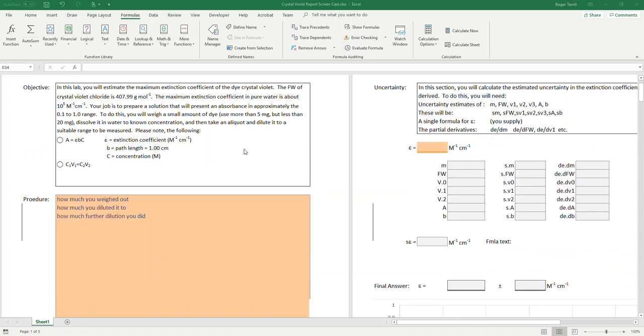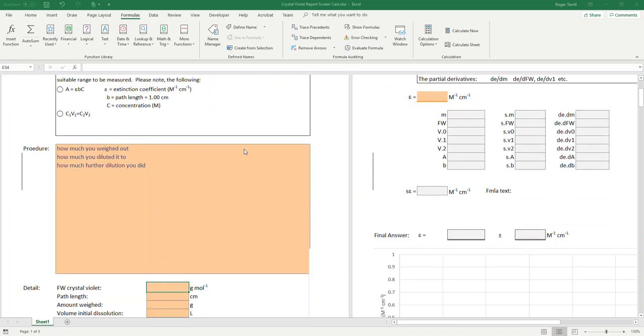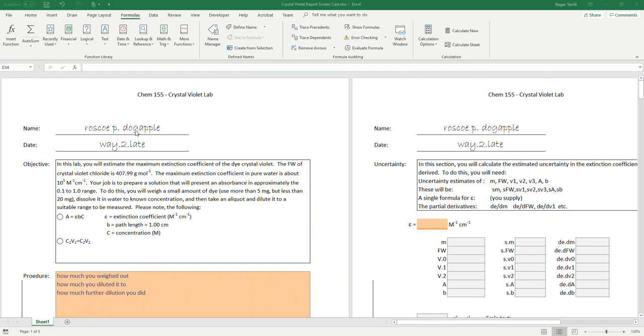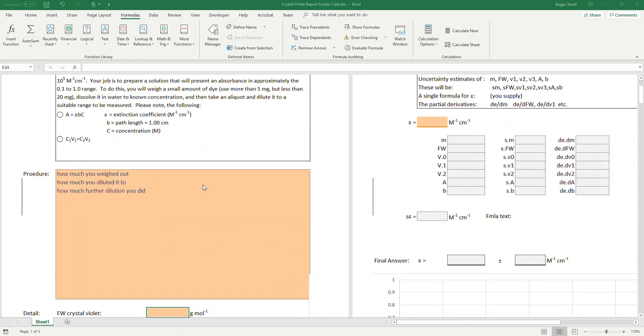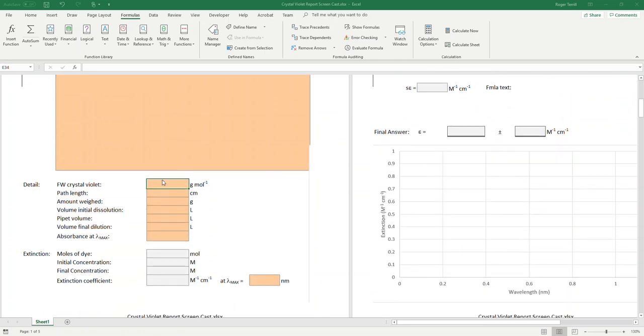Okay, here we go. We're going to do the crystal violet lab, right? So first of all, put your name and the date up here, and then in the procedure you put how much you weighed out, how much you diluted to, and how much further dilution you did. Crystal violet formula weight is 407.99,